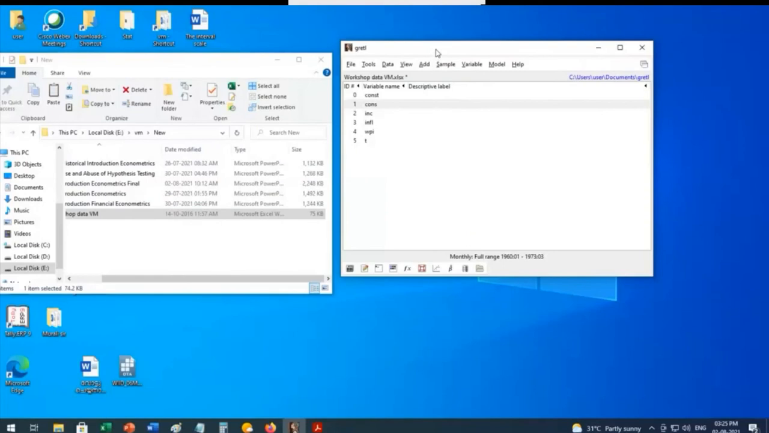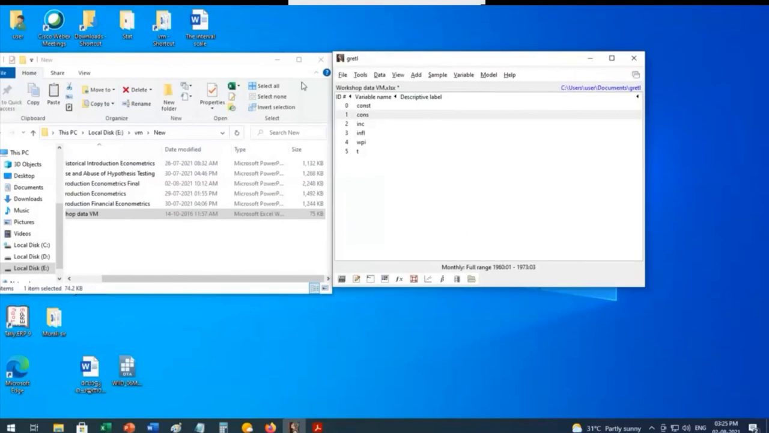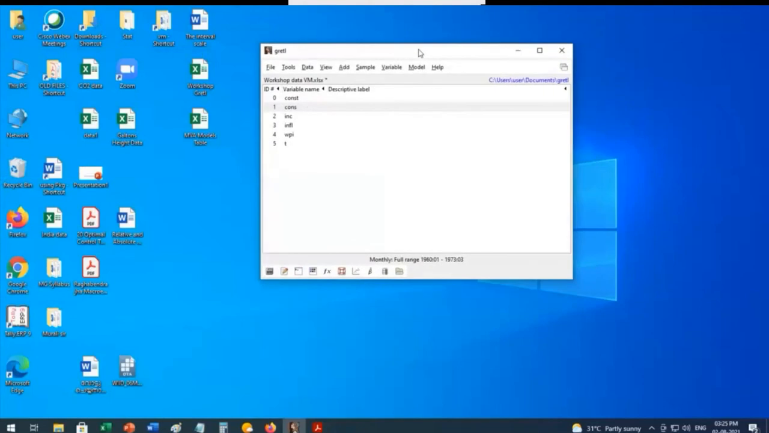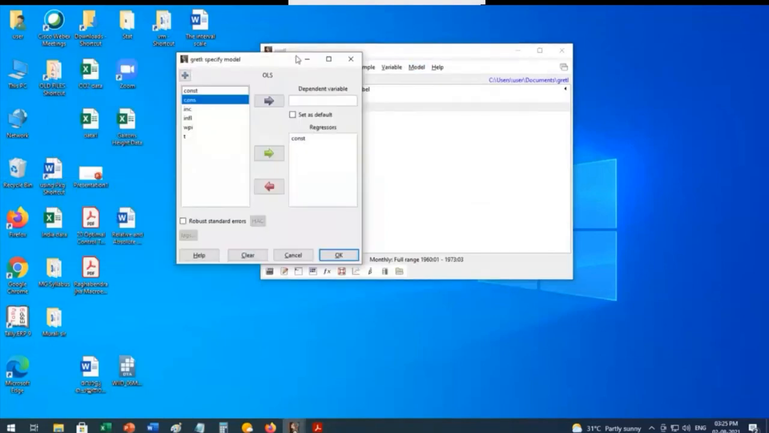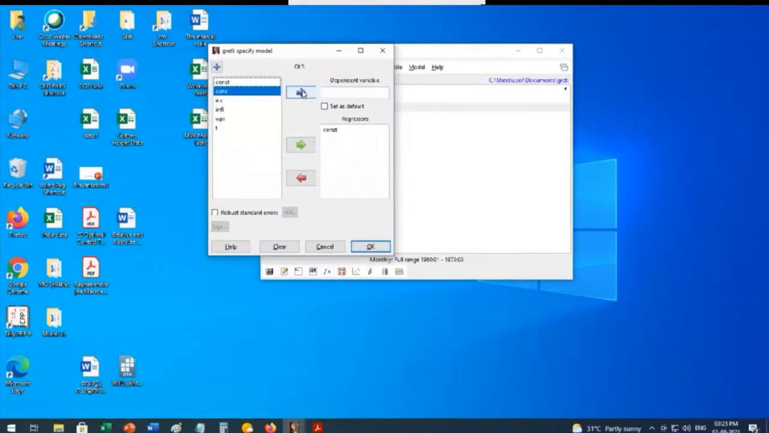So that is the case. Okay, now let us do our regression, multiple regression with the consumption, income, and the inflation. We go to the model as usual, ordinary least squares. Our dependent variable is consumption. We enter that and click this one, set as default, so that we can have different versions of this regression,